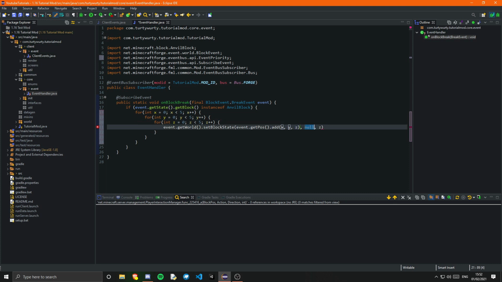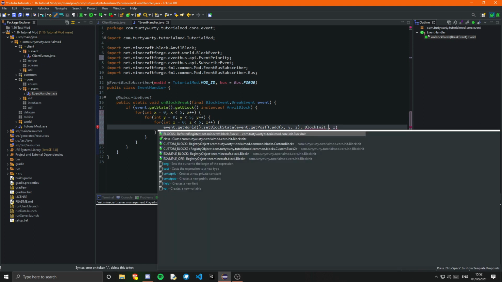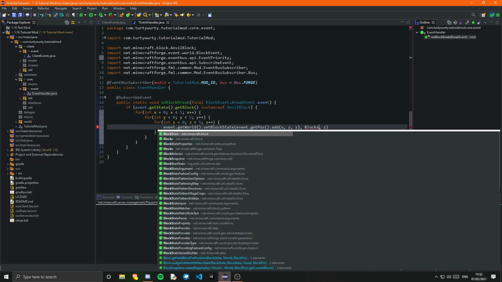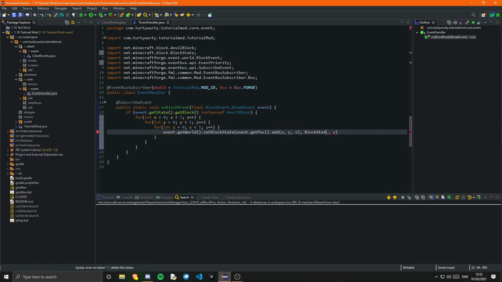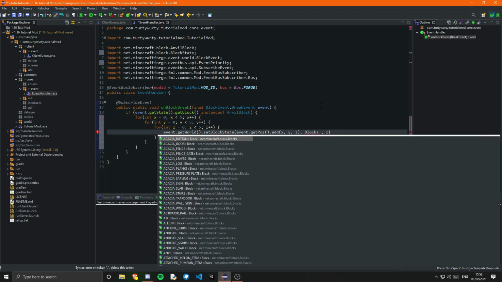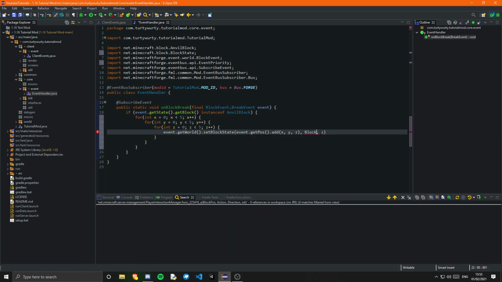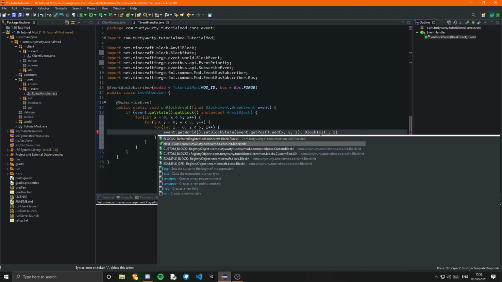So we could say BlockInit dot, and then one of our blocks, or we could say vanilla blocks. So Blocks dot, not block states. What are you doing, Eclipse? You're never like this. You could say a vanilla block. I'm actually going to use one of my blocks. BlockInit dot